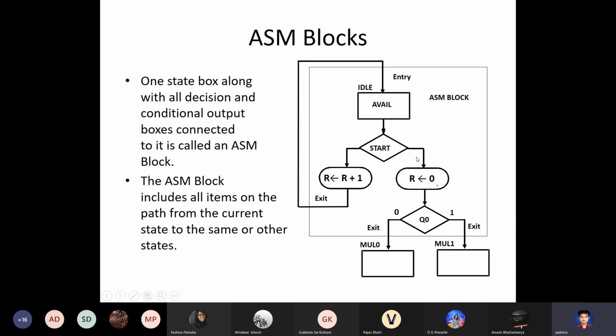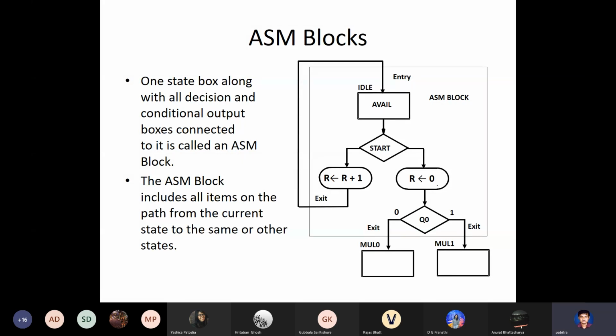So here are 2 outputs. It gives 2 conditional outputs. The action in the register transfer in the first output is R is incremented, and in the second output R is reset. There may be some explicit outputs also; this is just a register transfer. There may be some outputs also. And then the output of these conditional